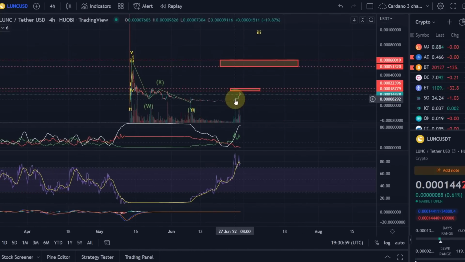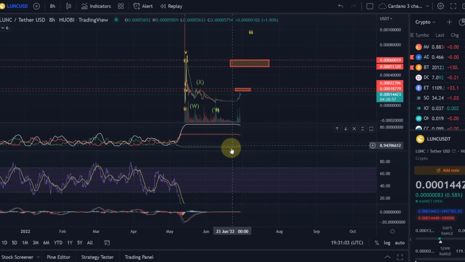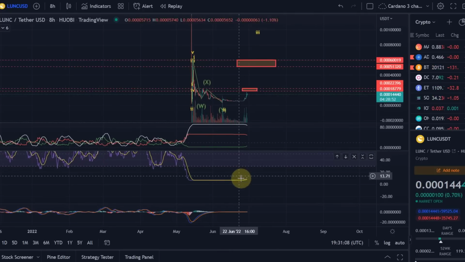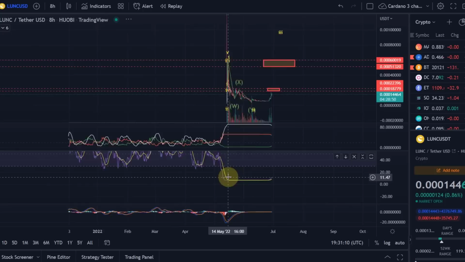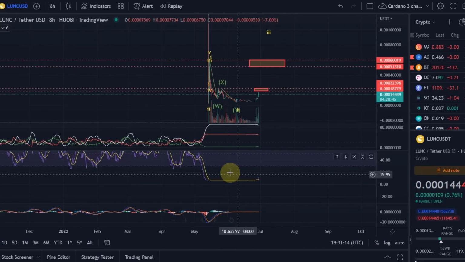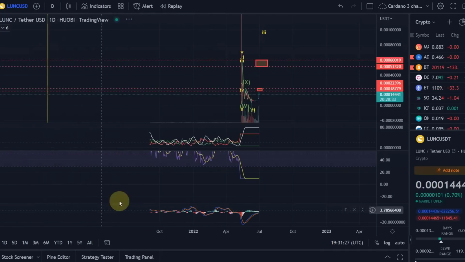4 hour, let's see how the 8 hour looks like. So here, see, that's the problem with these indicators here. But it's also starting to pick up on the 8 hour now, the RSI. Yeah, massively here, basically, I've never seen such a low RSI, I think. But this is starting to pick up. And also here, the ADX lines, the directional indicator lines, they are starting to move closer together, which is a good sign.